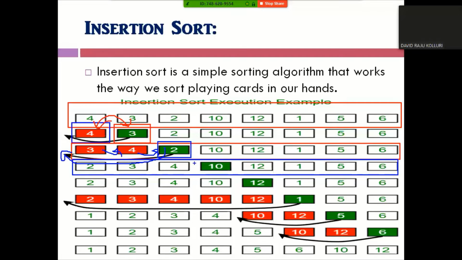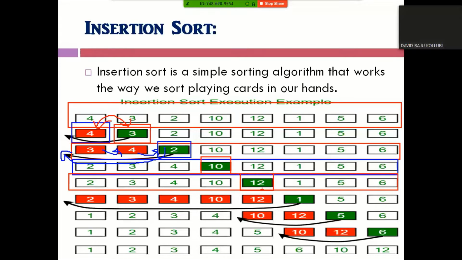Then we need to pick the next element, 10, and compare it with 2, 3, 4. The position of 10 is after 4 only, so its position will not be changed. Then the next elements are 2, 3, 4, 10, 12, 1, 5, 6. In this case, we need to consider the next element, 12.